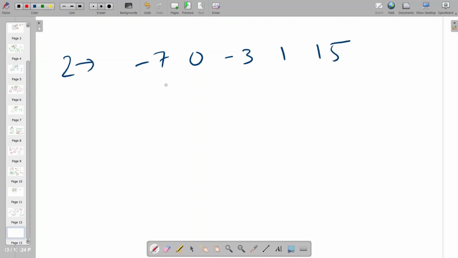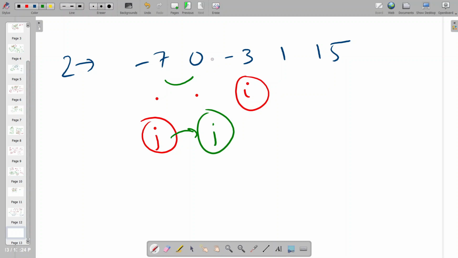Now the third iteration, what we do is that i is here, because first i was here, first iteration, second iteration, now i is here, third iteration. j again starts from 0. For every i, j starts from 0, right? That is the nature of nested loop. When j checks, okay, -7, 0, it's okay, -7 is less than 0. j increments. 0 is greater than -3, so order is broken. Since order is broken, let us swap them. So it becomes -3, it becomes 0.